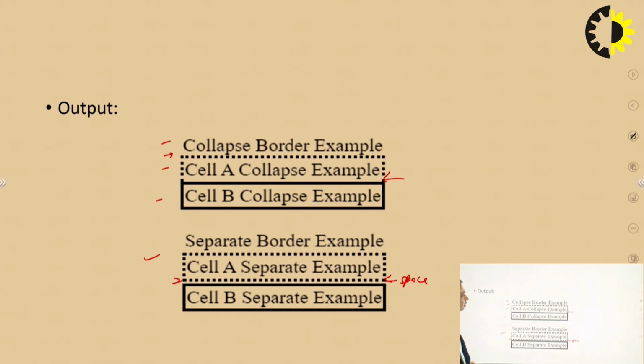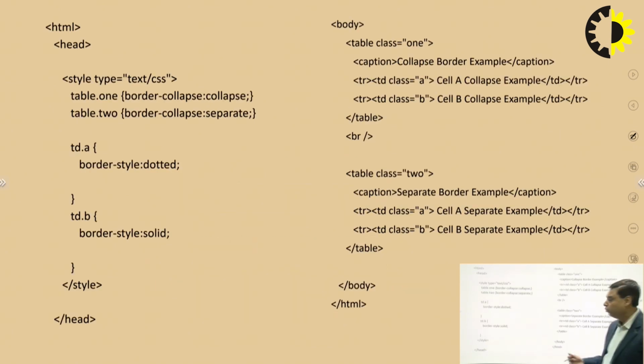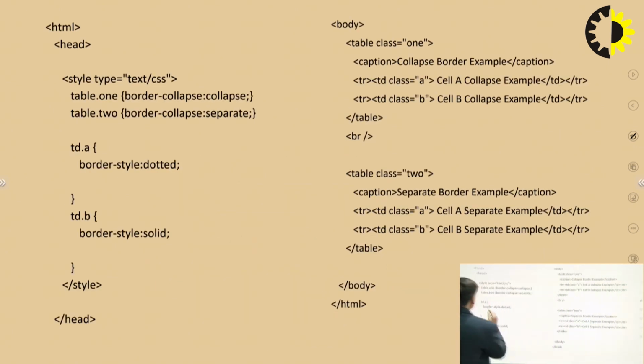Borders are separate. So the way you want to present your table to the audience, you can display each cell with a separate border, or you can display your table with the collapsed border. Now see an example of how you will use it. So we are using the table tag